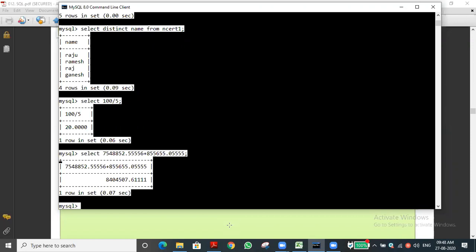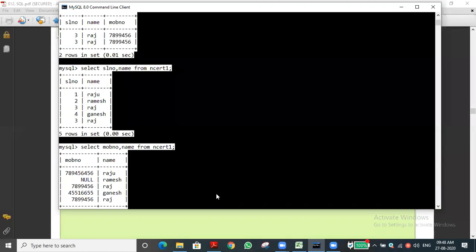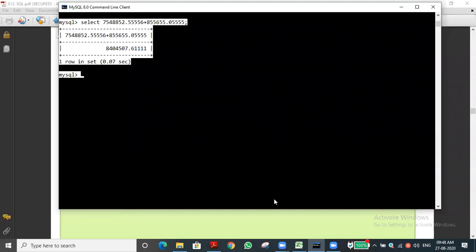Okay, let me create a table. We already created one table, employee, but it's not in the format. Let me create another. So create table, EMP1, employee 1. What are the columns? I'm just giving a serial number, int. Then name, varchar 20.